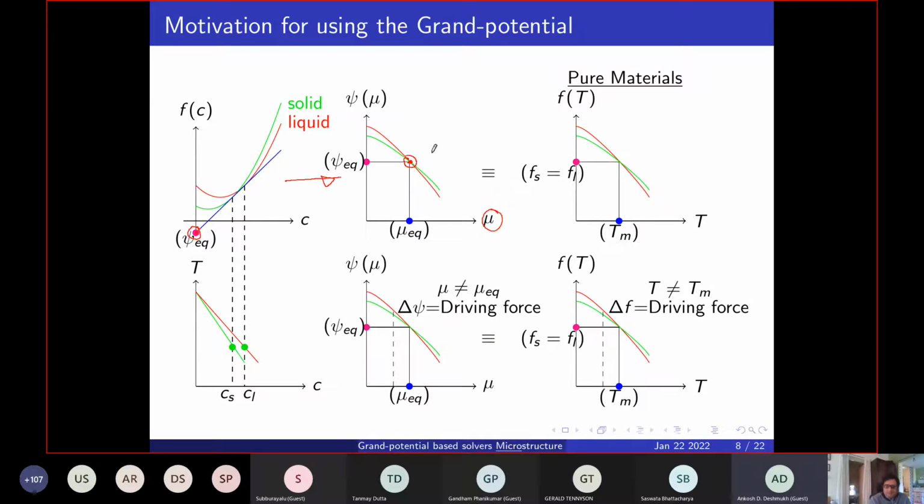Okay, and this, if you compare it, is directly analogous to what you saw for the pure material case, where you essentially have the melting point over here as the point at which equilibrium exists, and anything lesser than this, you will have driving force where the grand potentials are no longer equal, similar to what you have for below the melting point, a driving force existing. So that is what is